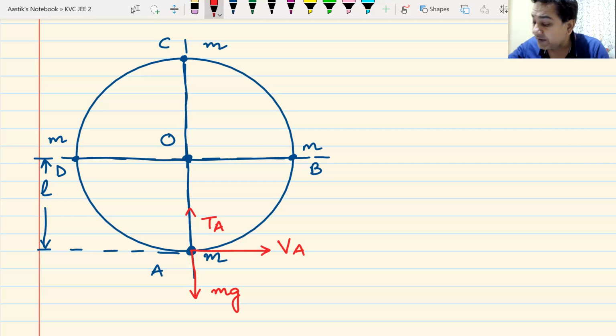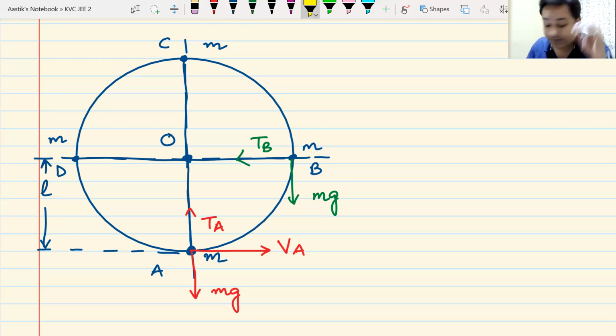So this is at point A. Let me draw the same diagram at point B. Weight mg always goes down. But now the tension T is like this. So tension T is continuously changing its magnitude. It is also continuously changing its direction. Please remember that. The only force which is always constant, we take it as constant, is the weight mg, which always remains in the same direction